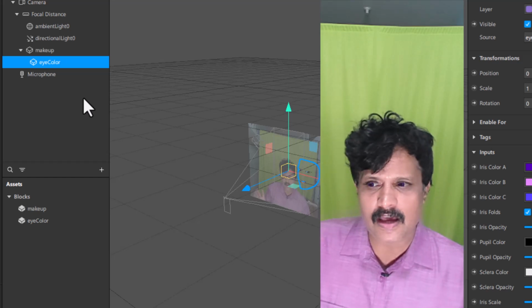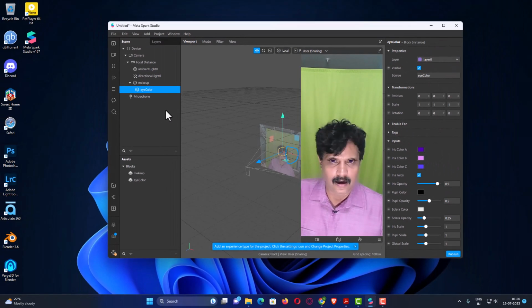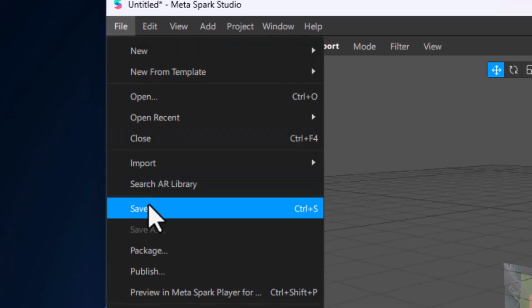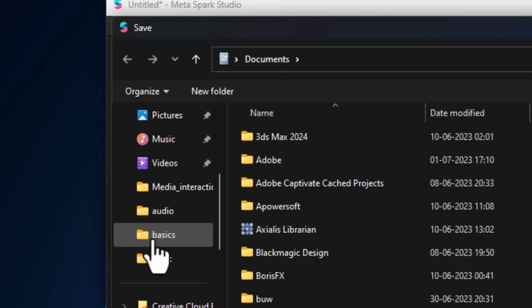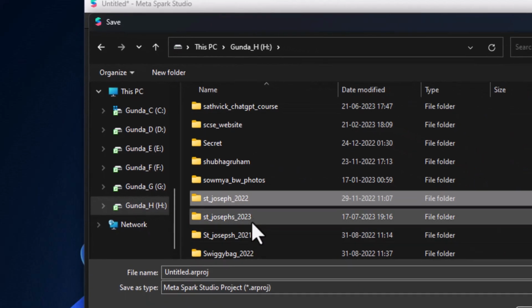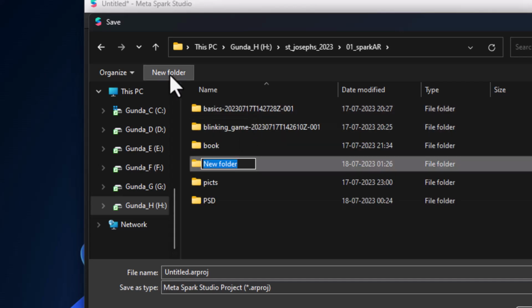Right now, this effect is applied on my Spark AR Studio, my local version. So, if I go to File and choose Save, say for example, I have created a folder for this in St. Joseph 2023 in Spark AR. I will create a folder called